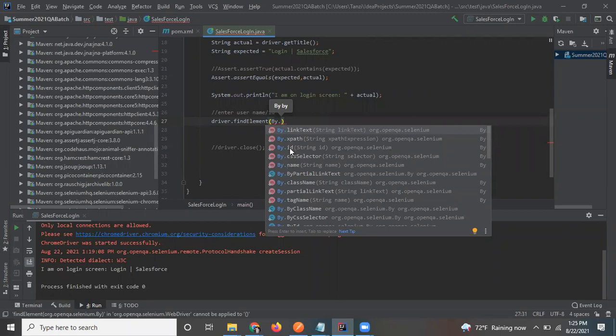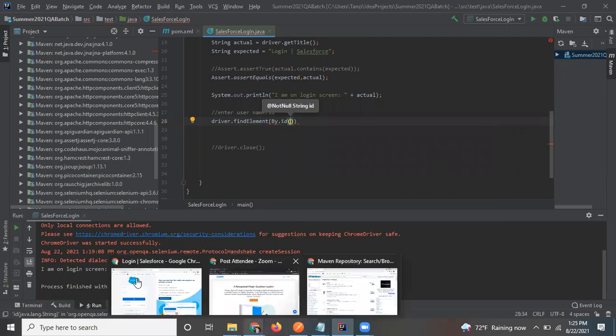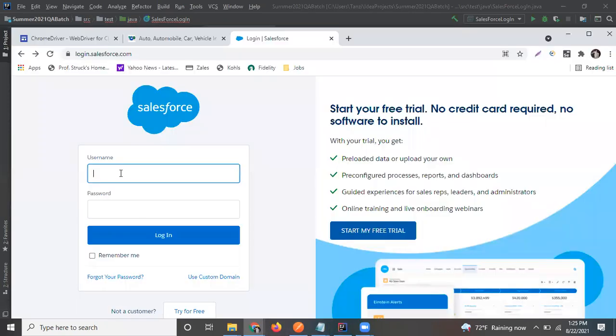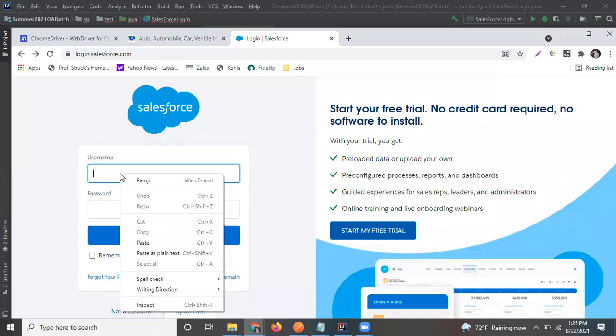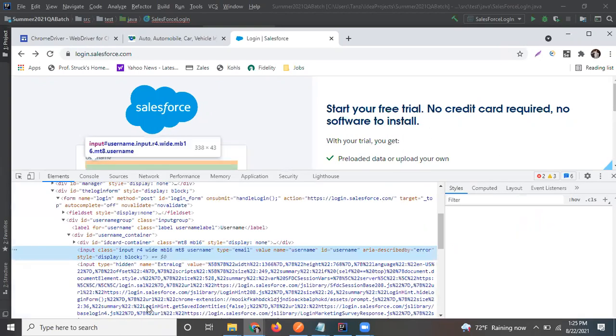So for example, I want to see the ID. How do you know this ID is unique, right? So you go there, username, for example, right click. Any place you want to find, you have to right click and then inspect. You see that inspect. Now, when you do inspect element,